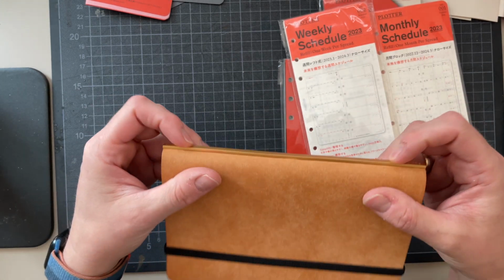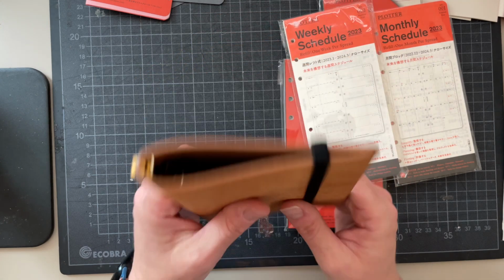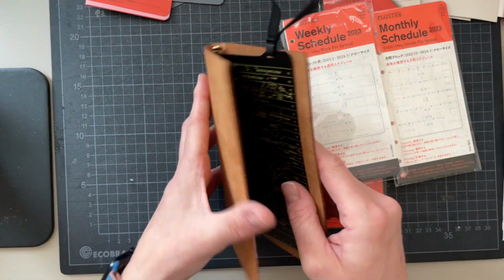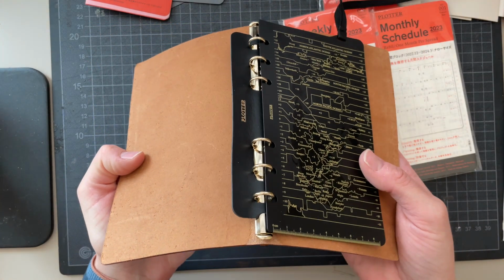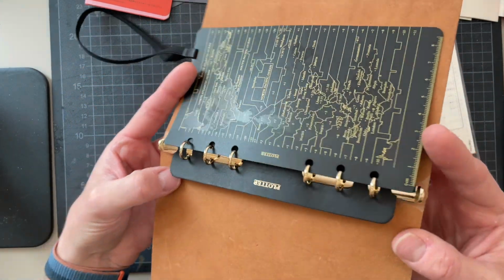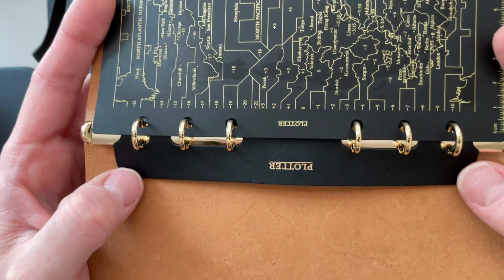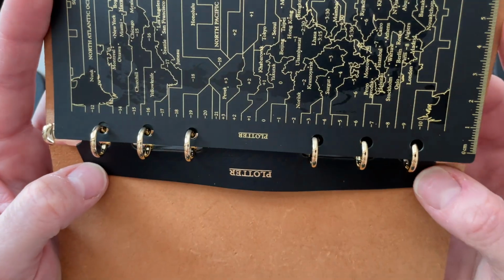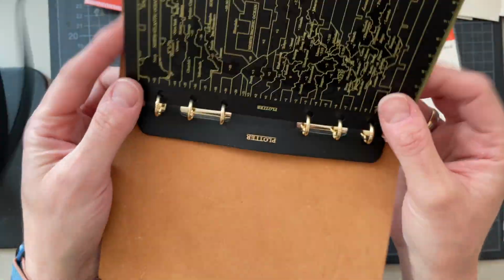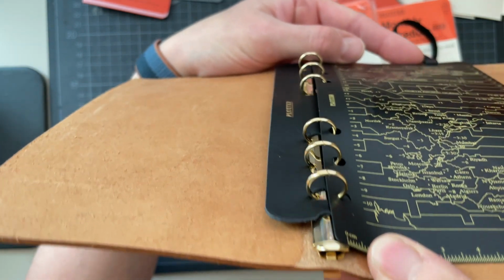This is supposed to be super delicate, so you really need to be mindful of how you handle this. I hope it holds up with my way of handling things. I'm not super precious with all the items that I have, but the rings look really nice. They are closed, there's no gaps. It's super tiny though. Like, look at the diameter of this